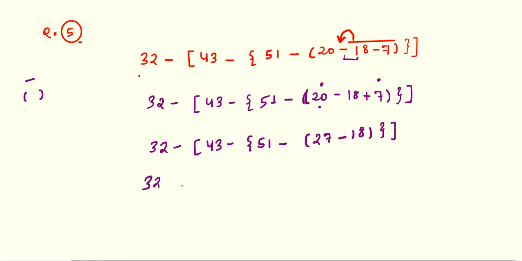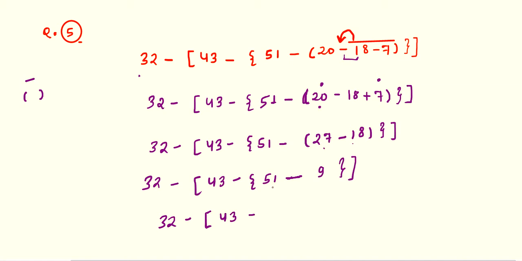Now 32 minus 43 minus curly bracket start, then 51. Now 27 minus 18, so 27 minus 18, 9. Now you can remove this small bracket, so we have to write 51 minus 9, then 32 minus big bracket start, then 43 minus. Now 51 minus 9,